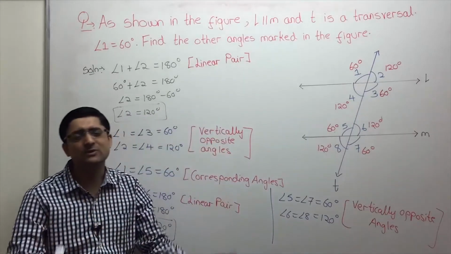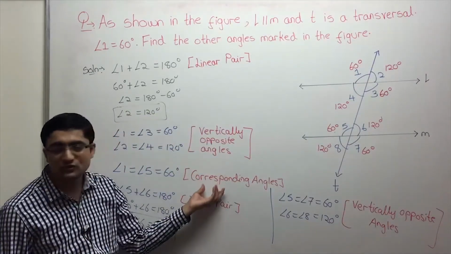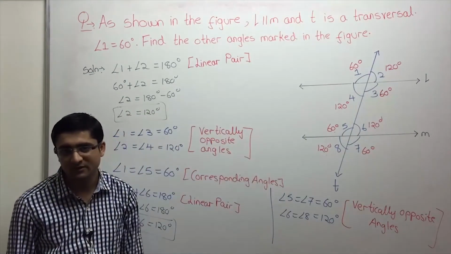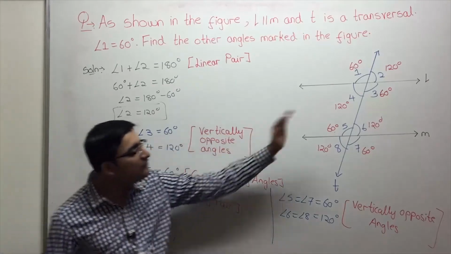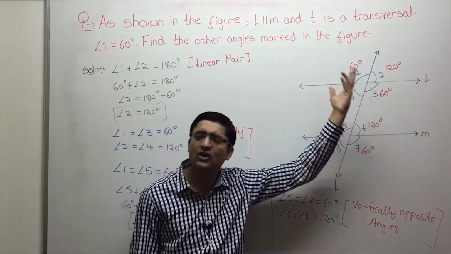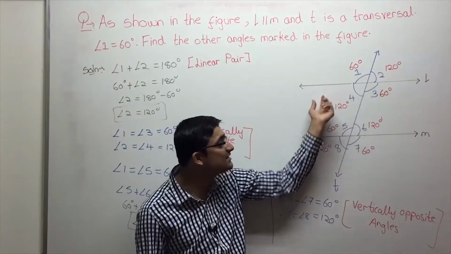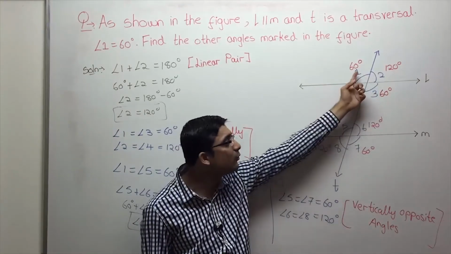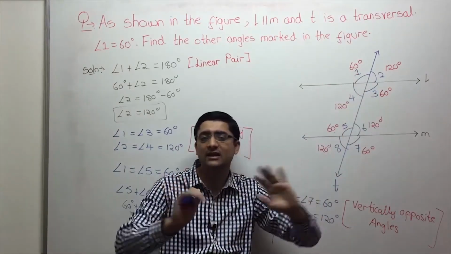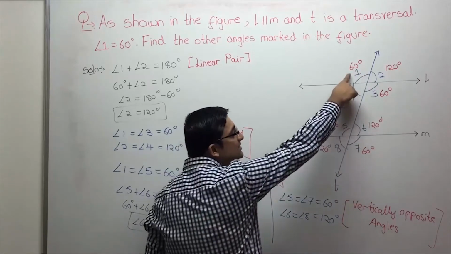So there are many ways by which you can do this question. So either you can choose this way or the way I taught you, right? So let me do a recap. See, whenever you have 2 lines and a transversal, you'll have 8 angles, right? In this case, we have parallel lines, right? So if one angle is given to us, we can find the remaining angles. How? See, this angle is given to us.